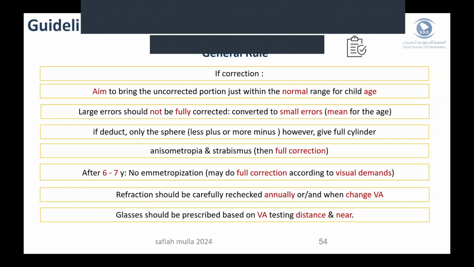We don't cut from the astigmatism. We give them the full astigmatism and cut only the spherical amount. If they have anisometropia or strabismus, then there is no under correction. We give full correction. We don't worry about the emmetropization process because the strabismus or the anisometropia will make that